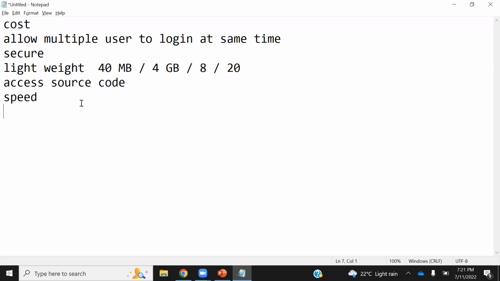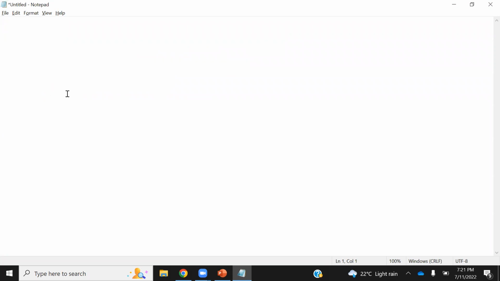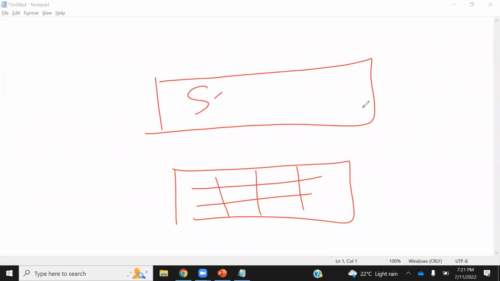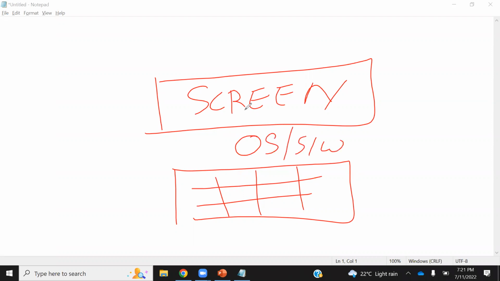Now, many times when you're working with your laptop, let me say this is your keyboard. You're typing something and it pops up here on your screen. Have you thought about how this is happening? How come whatever I'm typing on my keyboard is popping up on the screen? Is there someone? Yes, there is someone. There is an operating system. There is a software in between which is facilitating this communication.